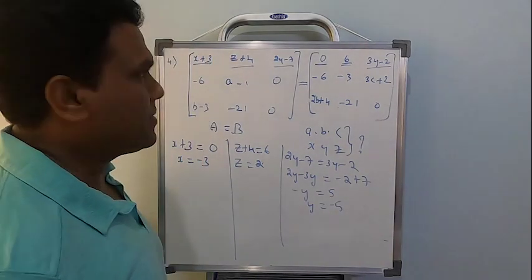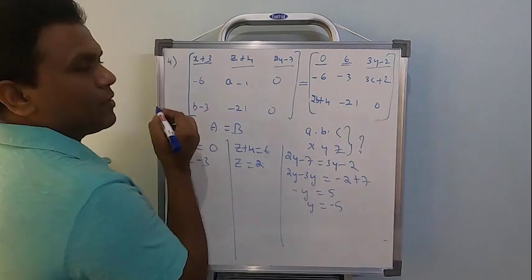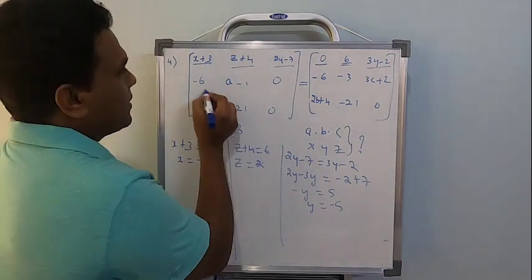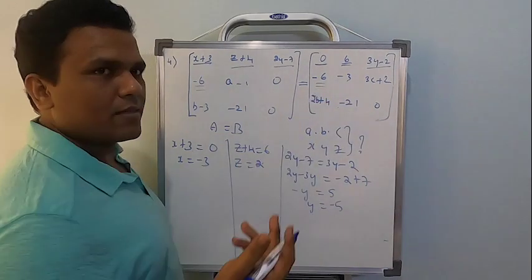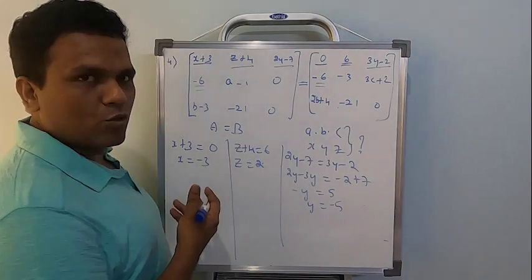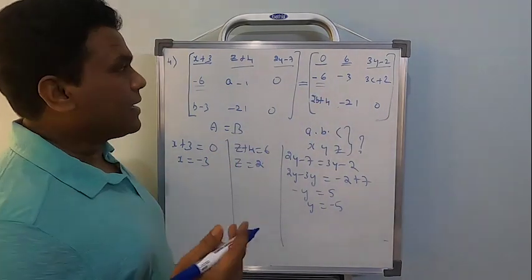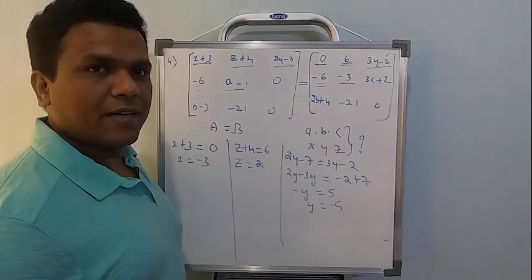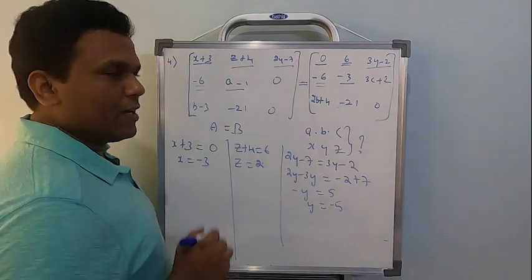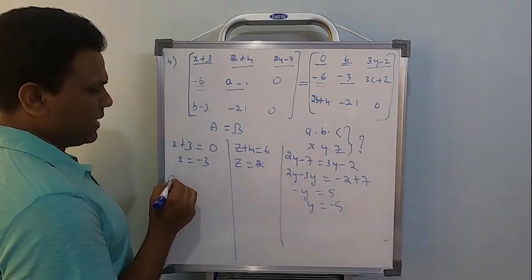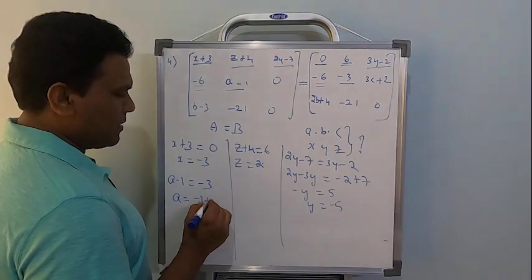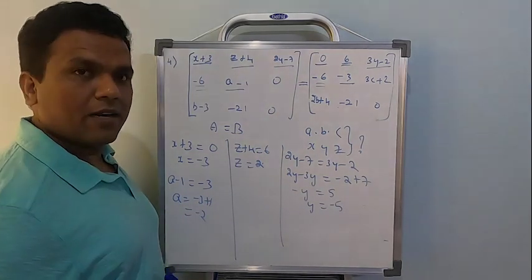The next, a, b, c. See, you go and equate the elements where you have to find the value. See, here also minus 6, here also minus 6. It doesn't make sense, and there is nothing to do with it. What is the next thing for me? The next thing is to find the value of a, b, c. So here it's a minus 1, here it is minus 3. Second row, second element, correct? So a minus 1 is equal to minus 3, or a is equal to minus 3 plus 1 equal to minus 2. a value is done.